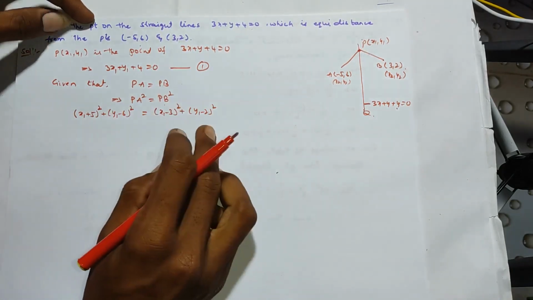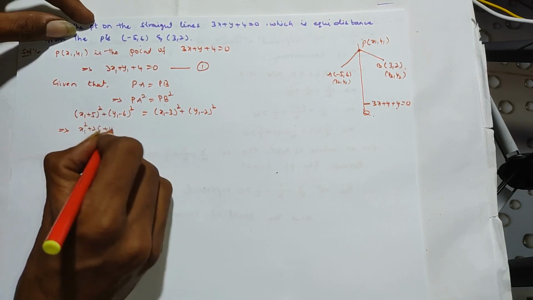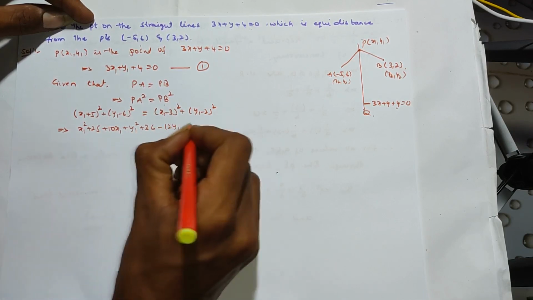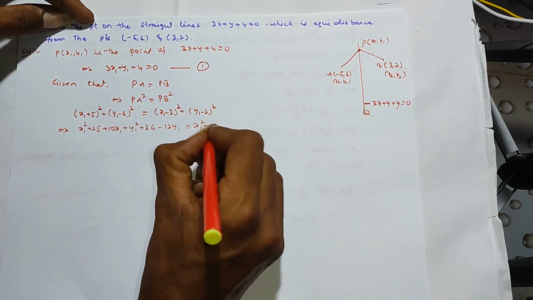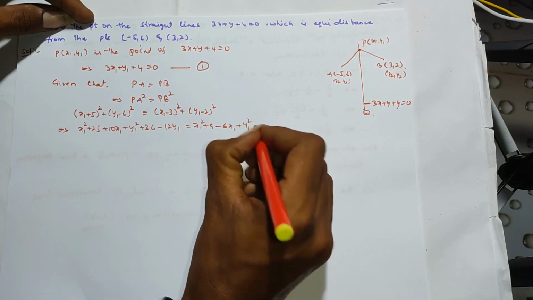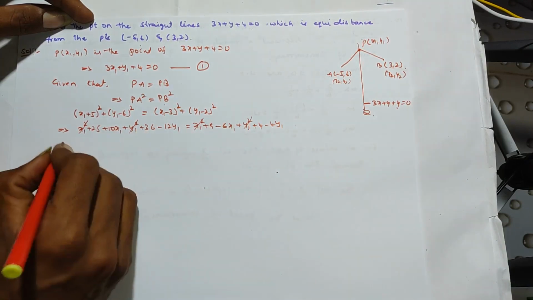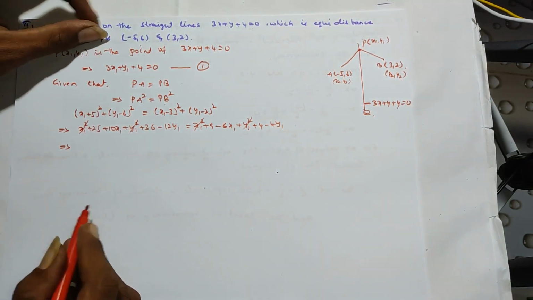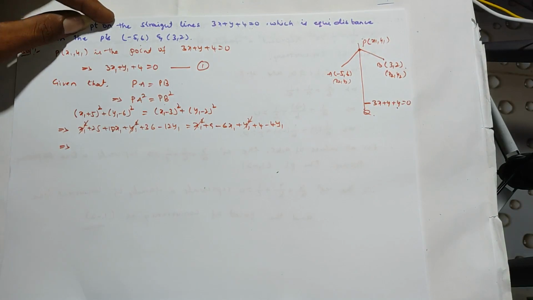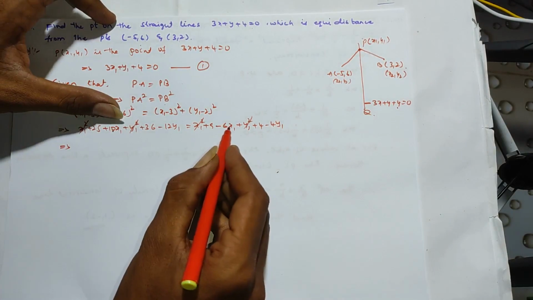On simplifying it, we get two line equations. They are x1 square + 25 + 10x1 + y1 square + 36 - 12y1 = x1 square + 9 - 6x1 + y1 square + 4 - 4y1. x1 square and y1 square get cancelled, right? So it can be written as 10x1 minus of minus 6x1, that is 16x1, right?